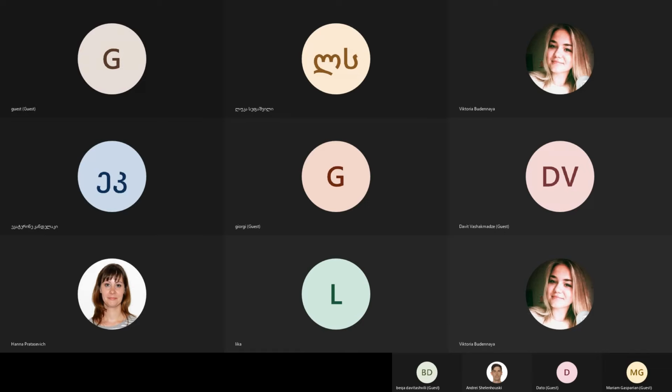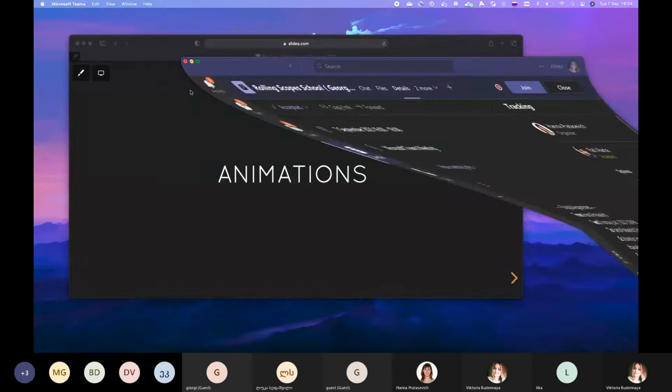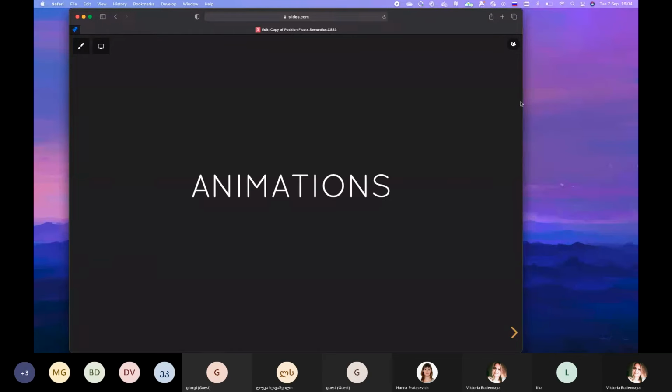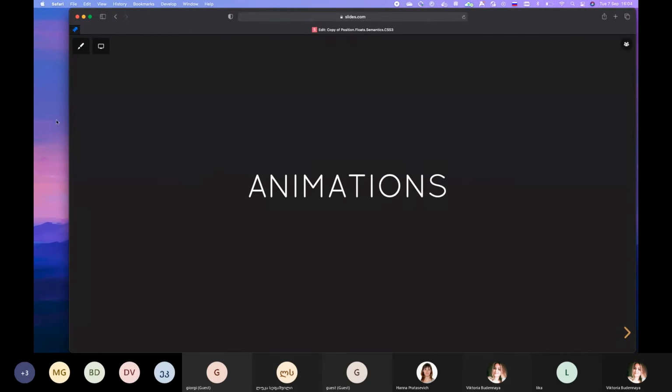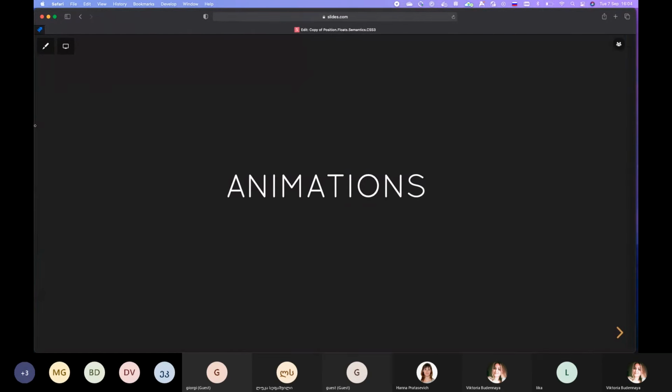Let me share my screen real quick. Cool. So animations are really useful and nice to make our pages a little bit more alive. And there are a few ways that we can implement animations in our pages. But before we start talking about implementation of animations in JavaScript and CSS, I want to start a little bit from afar